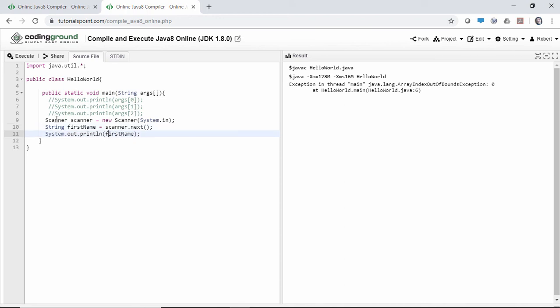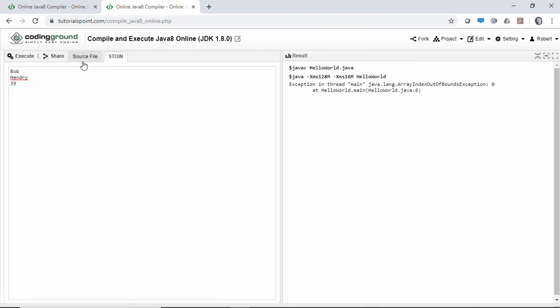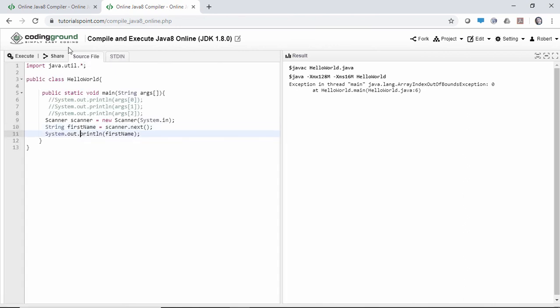And also, scanner exists in the utility package. So make sure that you have line 1 looking just like so. We have to do an import java.util for this to work. So after we import java.util, these 3 lines should work, where we're creating a new scanner, which is basically saying give us all of our input arguments from standard in. Scanner next, we'll go to the first one, which is Bob, and then just write it out. So if I execute this program,